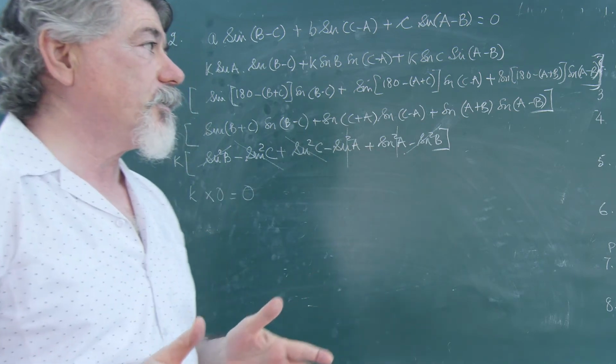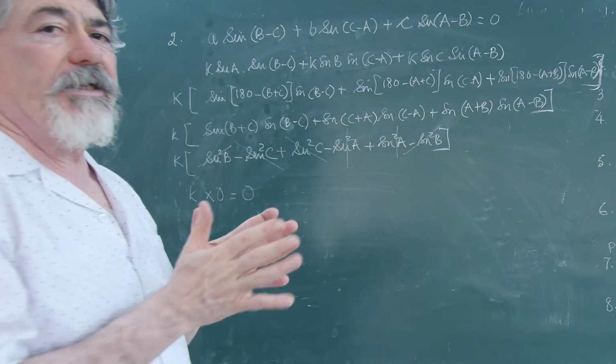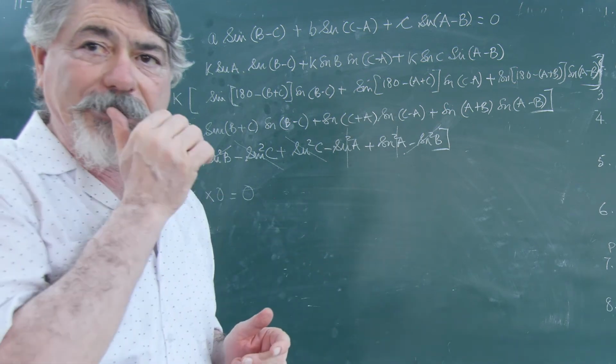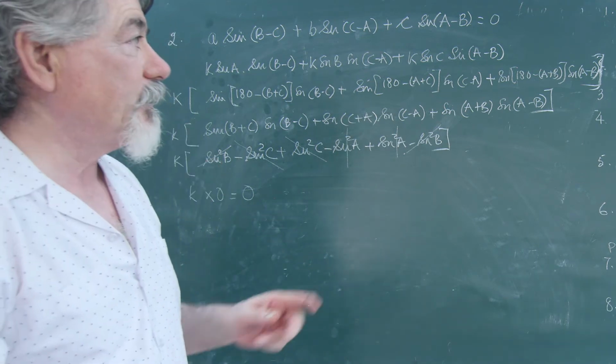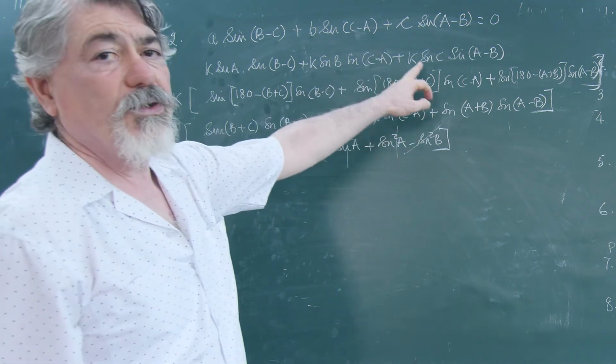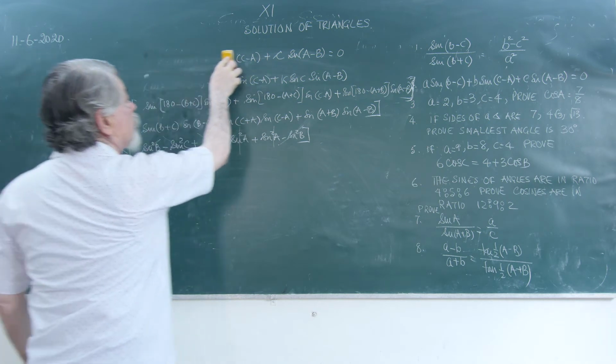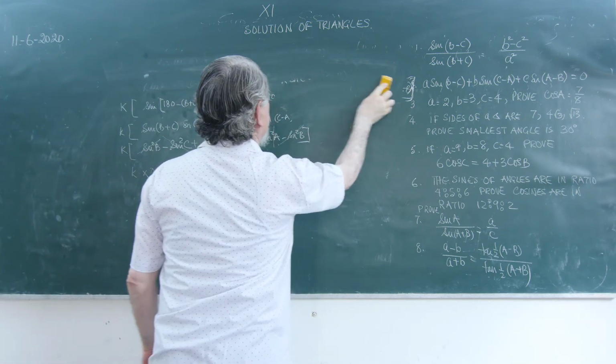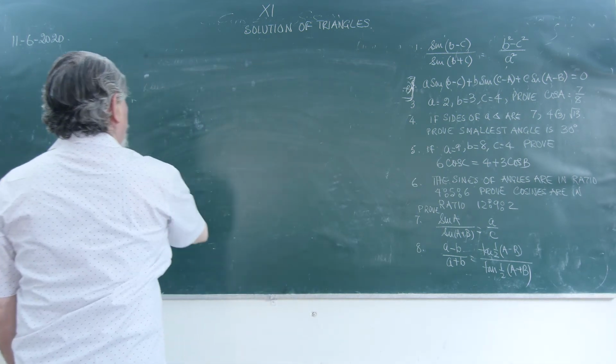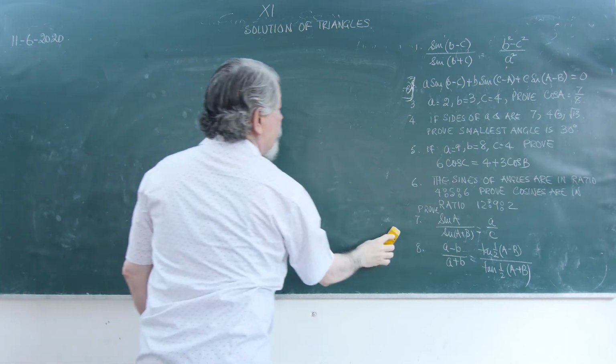You get 6 terms. Out of 6 terms, 3 will be minus, 3 will be plus, and they will be similar. They will cancel with each other and you will get equal to 0. So from the left hand side, we were able to obtain the right hand side equal to 0. Now let us see